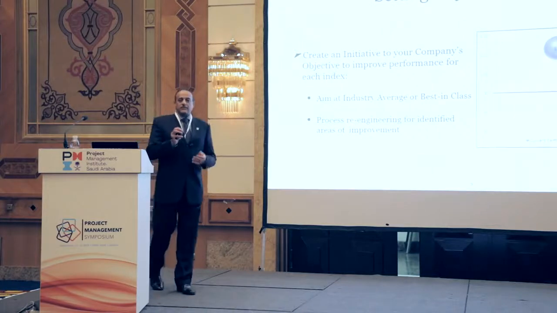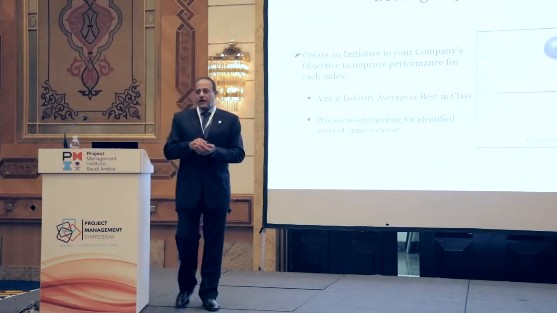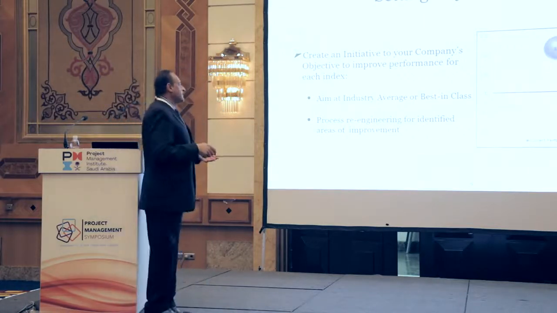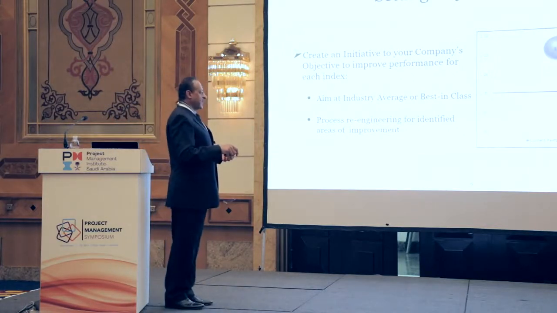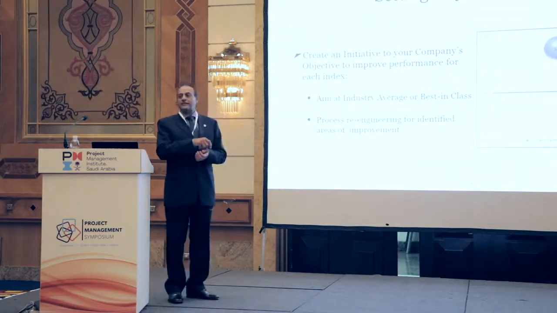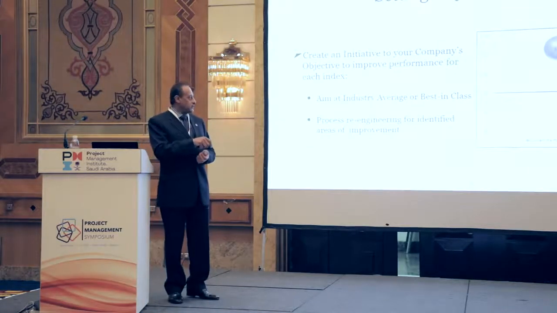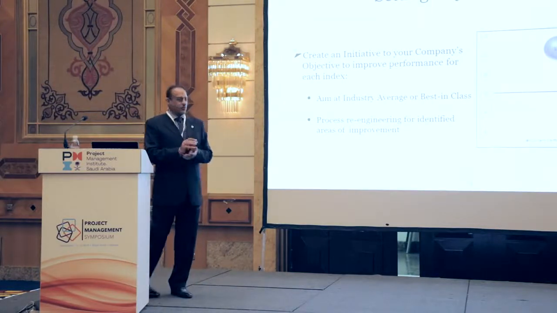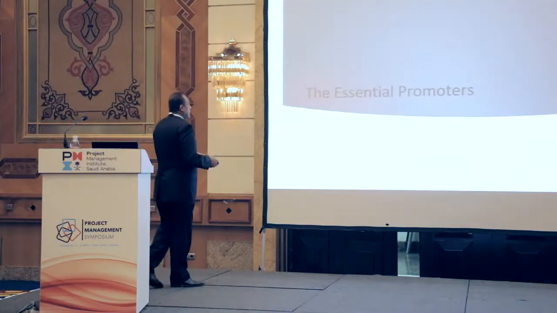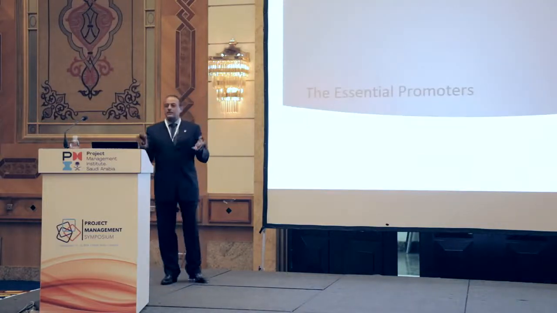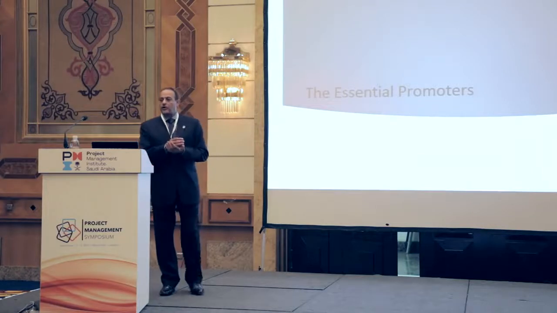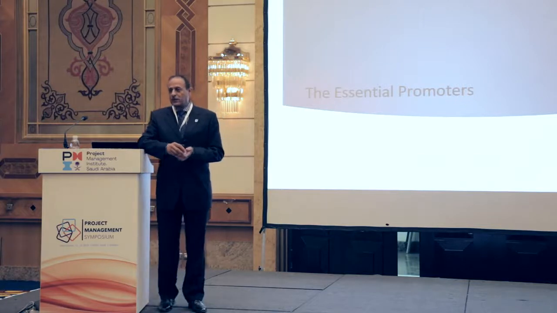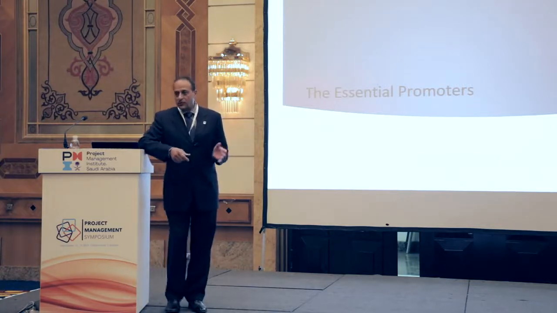Then set the objective. Identify on your roadmap where you want to be. For example, in terms of cost, let's say you want to be the best in class. Some are so far from the industry average that they just want to reach the industry average. Either way, make sure the company sets that goal. Now, how to get there? Once you set the goal, and you know where you are versus the industry, I'm going to share with you 7 areas, I call them 7 promoters, for you to reach your goal.